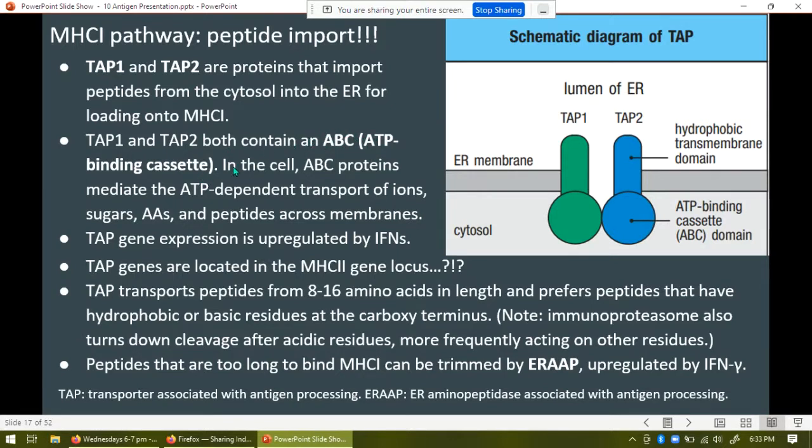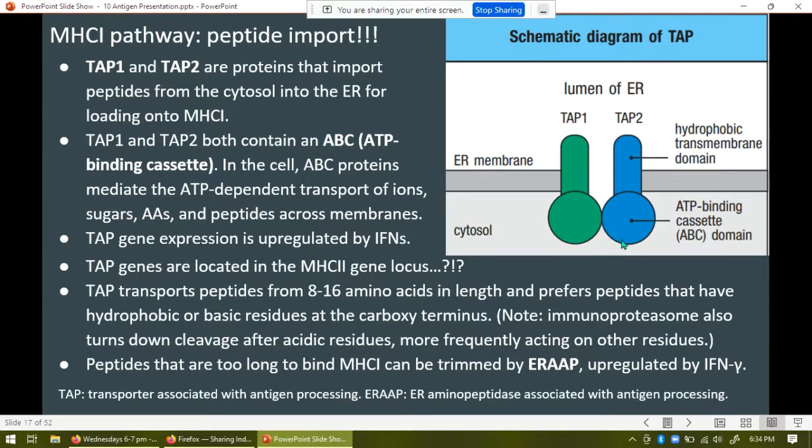Okay, so in the cell, ABC proteins mediate the ATP-dependent transport of ions, sugars, amino acids, and peptides across membranes. So they are used for import and export of substances that normally cannot get across membranes. TAP is one example of an ABC protein. TAP, its job is to pass peptides from the cytosol into the ER so that they can be loaded on